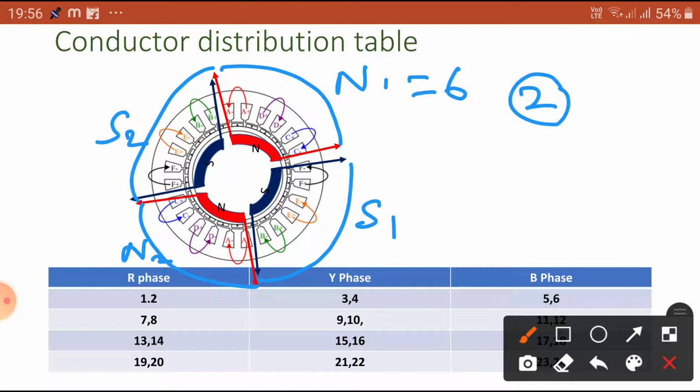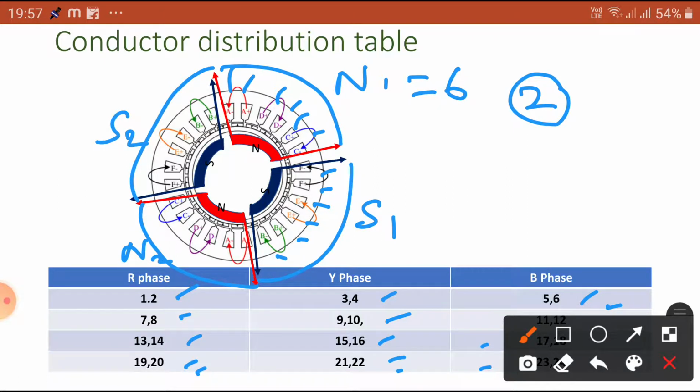We connected slots 1 and 2 for the one phase, R phase, 3 and 4 under the Y phase, and 5 and 6 under the B phase. Similarly, 7 and 8 again for R phase, 9 and 10 for the Y phase, and 11 and 12 for the B phase, such that we distributed all the